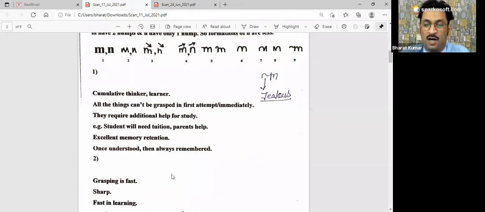Please compare all the structures of type 1, type 2, type 3, type 4 and type 5. You can make it very clear. In type 5 N, an upper hook is present. It is a proper hook. Otherwise, I used to say in case of M and N, we should ignore this. So here the hook is present.